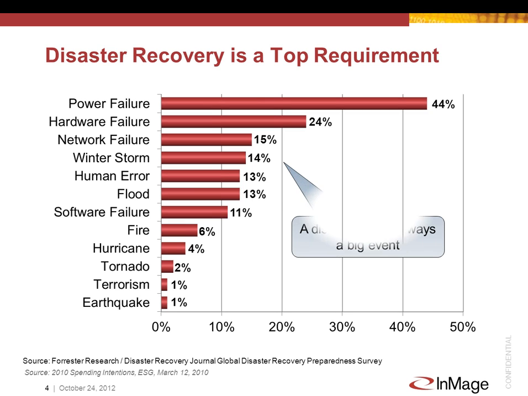We'd like to remind everybody that disaster is not necessarily that huge catastrophic event, not always the earthquake or the tornado or the hurricane that is taking systems offline. The majority of disasters are handled within the data center: power failures, hardware failures, network failures, even human error. And these are the disasters that are typically seen as something that should, one, not happen and should be able to be recovered very, very quickly.